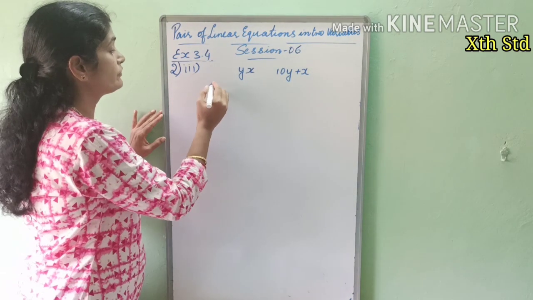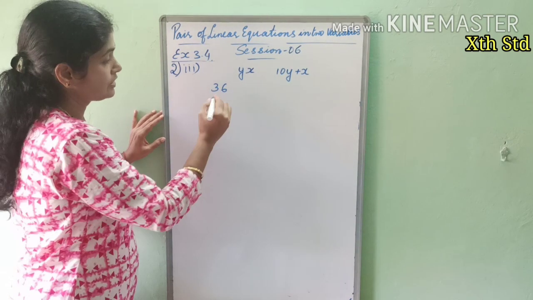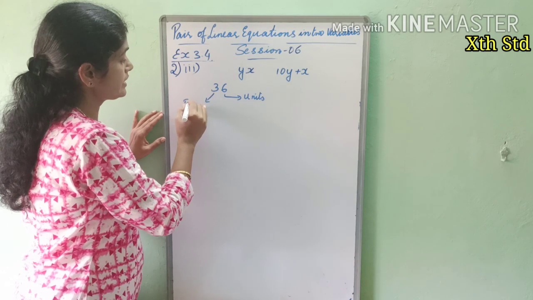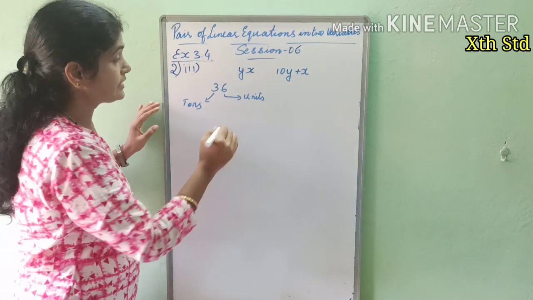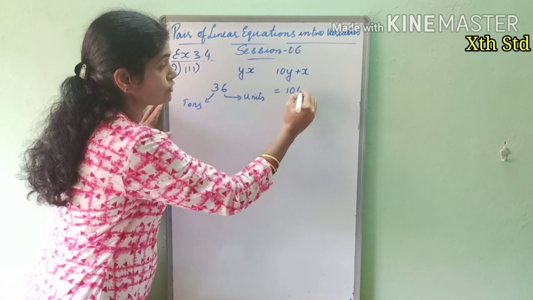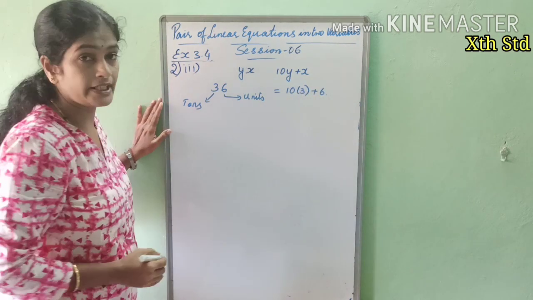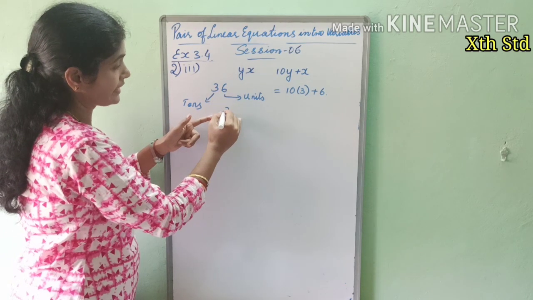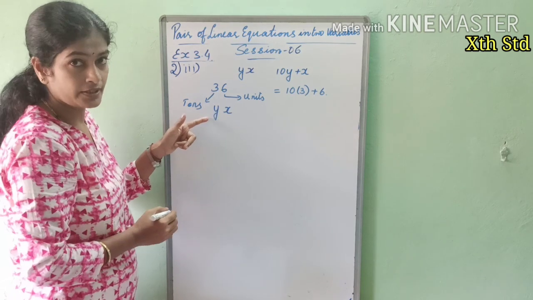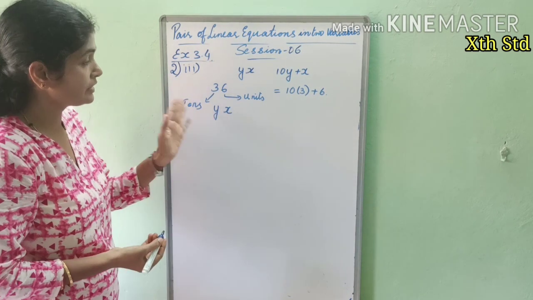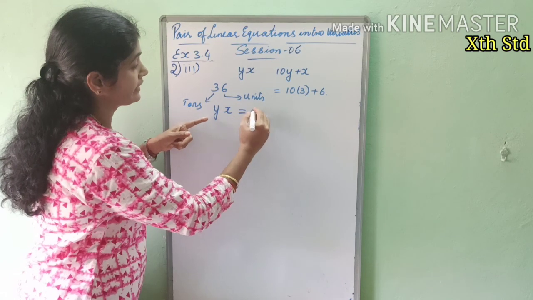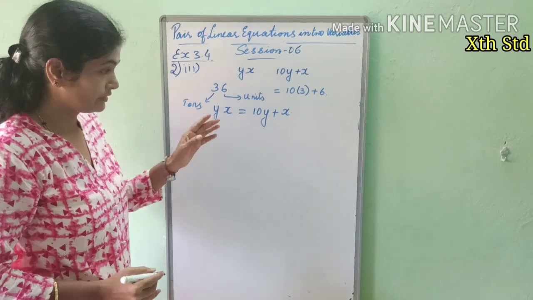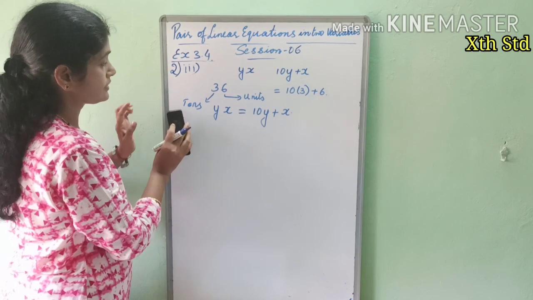Like for example, if we take the number as 36. So in this, 6 is in units place and 3 is in tens place, right? So when you expand this 36, this is 10 into 3 plus 6. Do we get like this? Correct? So in the same way, if I am keeping the units place as x and tens place as y, we don't know which are the numbers, so we are keeping it as x and y. Then if you expand that, this becomes 10y plus x, correct? Fine. Like this, we will try to solve this problem.